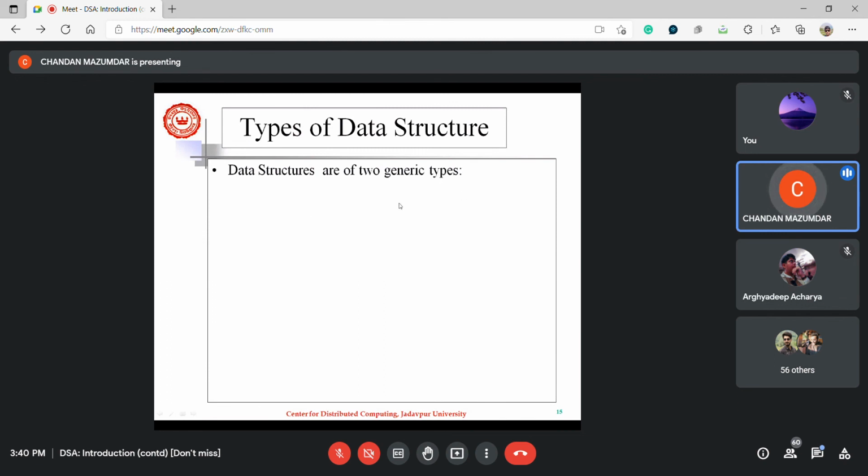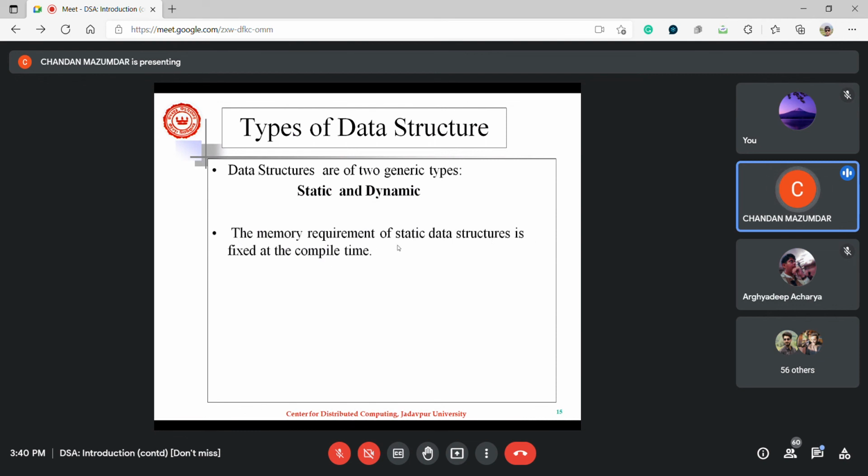Two generic types of data structures are there. One static and one dynamic. Static data structure and dynamic data structure. What is a static data structure? The memory requirement of static data structures is fixed at the compile time. Compile time তুমি যদি বলে দাও যে তোমার 1000টা অ্যারে এলিমেন্ট আছে, তাহলে থ্রু আউট দ্য লাইফ টাইম অফ দ্য প্রোগ্রাম এই 1000টা অ্যারে এলিমেন্টই থাকবে, তার বেশিও নাই তার কমও নেই। ওকে, সো দ্যাট ইজ হোয়াট ইজ আ স্ট্যাটিক ডেটা স্ট্রাকচার।